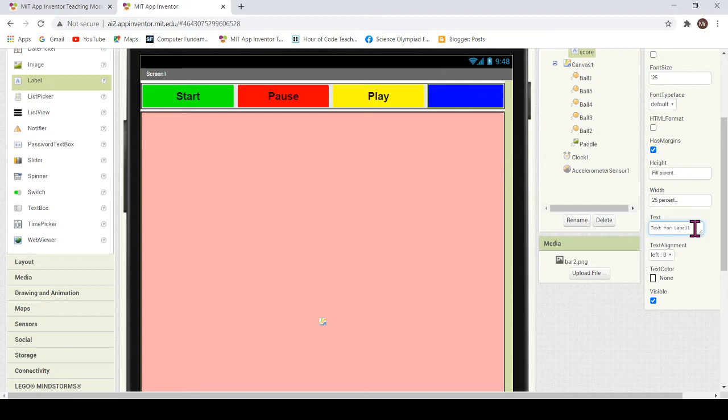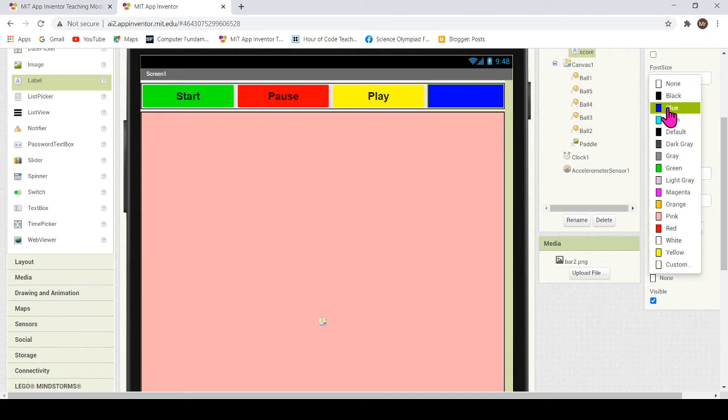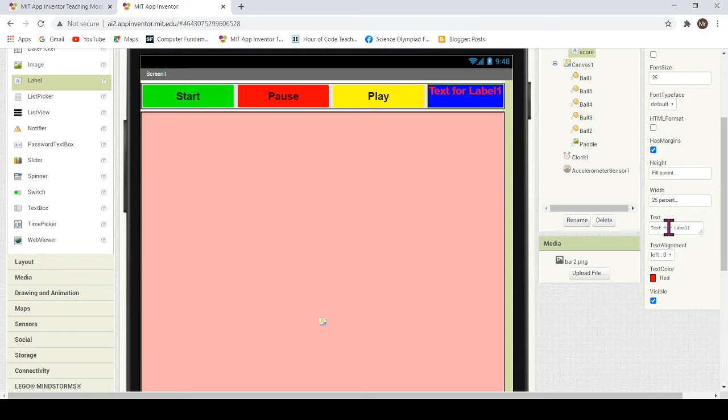And for timing, I think it will be difficult then. So let it be in blue or some other color. Let it be red in color, something. Yeah, does it look nice? No, let it be black then. So let's change the color to black. Yeah, and remove the text written on the label, because we will not display this text, but we will display a score on it. On the last one, we will display a score. So there is nothing. The score will be visible when you start playing your game. So that's fine. We have designed our app.